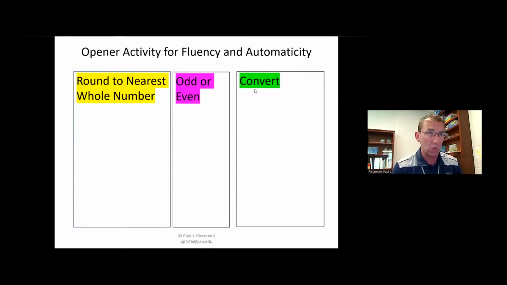All you have to do is write down the answer to the problem. The problems are only going to be up there for a couple of seconds. So you have to write the answer and then get ready for the next problem. We're going to do this twice. You're going to do the same box twice. The goal is that you answer more than you did the first time. All right. So here we go. The problem's only going to show up for a couple of seconds. You have to write the answer, and then another problem is going to show up. So here we go.